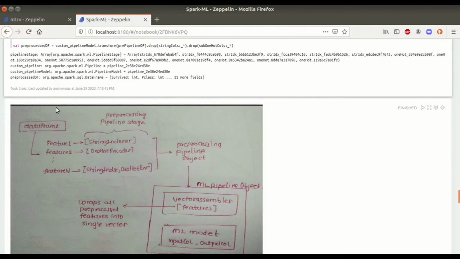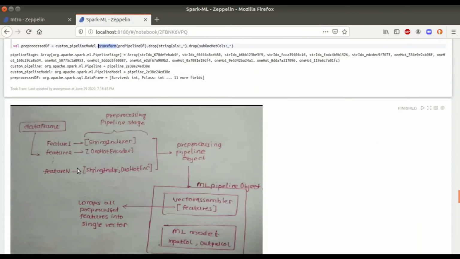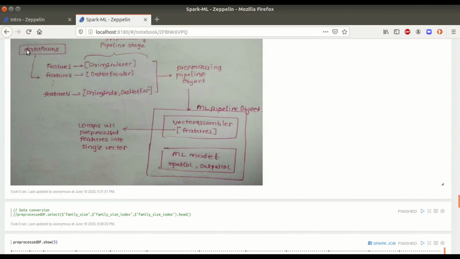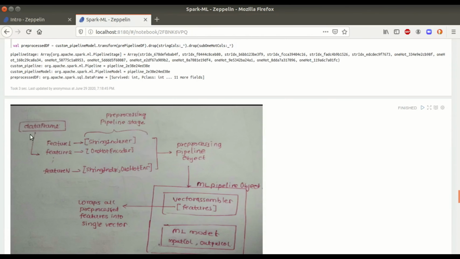What will happen behind the scenes when we do transform on the pipeline? The pipeline will apply all these transformers to each and every column we specified on the selected data frame, one by one.